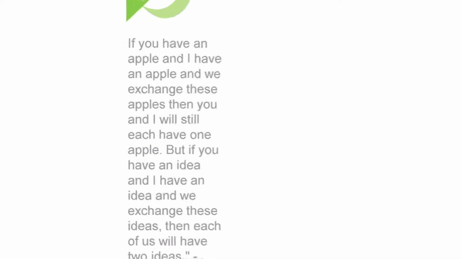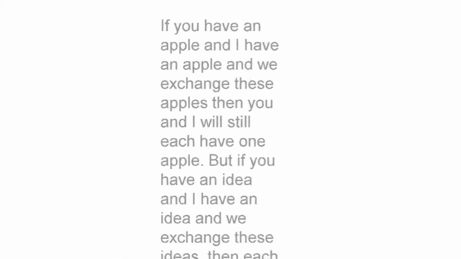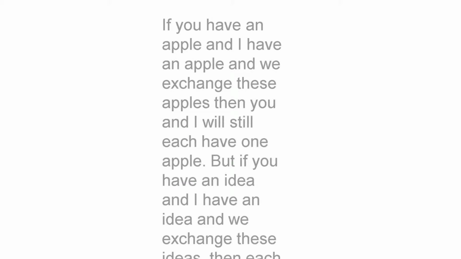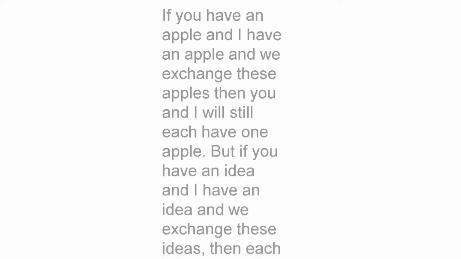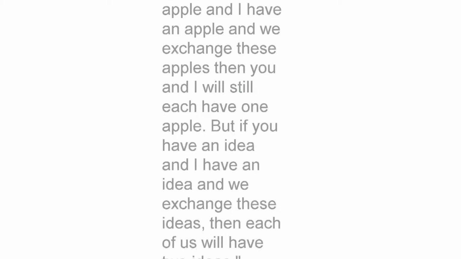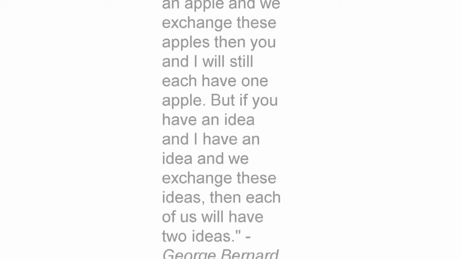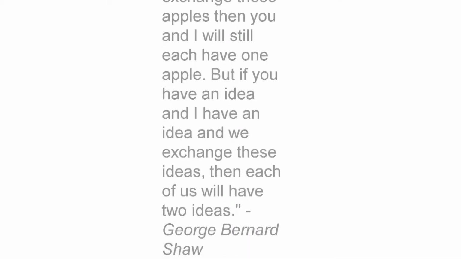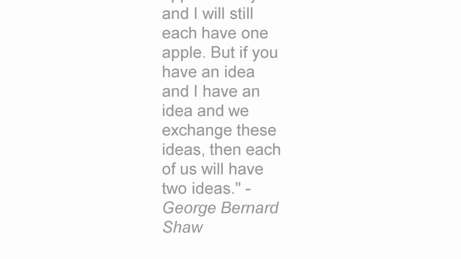Okay, I suppose we should look at the role players in this whole Kuali thing and how it all works together. That quote by George Bernard Shaw sort of explains a bit better what it is. It says, if you have an apple, I have an apple, and we exchange apples, you still have an apple, and I still have an apple, which is true. But if I have an idea, which is non-tangible really, and I share it with you, then you have 2 ideas. You share your ideas with me, I have 2 ideas. And that is pretty much how open source works.